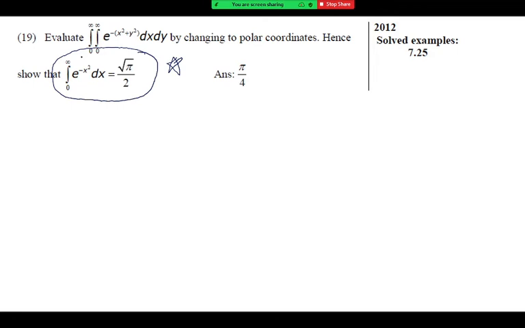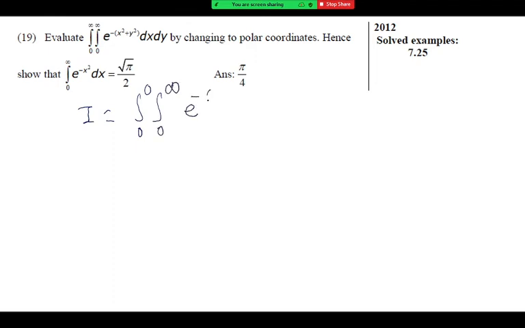That value we can prove with the help of a double integral. What we completed up to this step is this integral I, which is 0 to infinity, e raised to minus of x square plus y square dx dy, and we showed the value of this integral I is pi by 4. Okay, up to here we did in step 1. Sorry, the upper limit is 0 to infinity. This one is also infinity. Okay, clear?